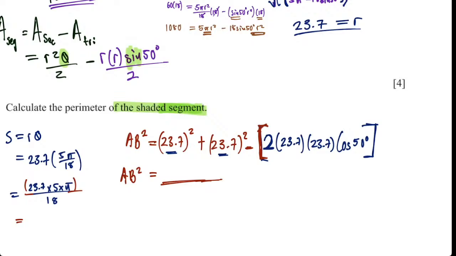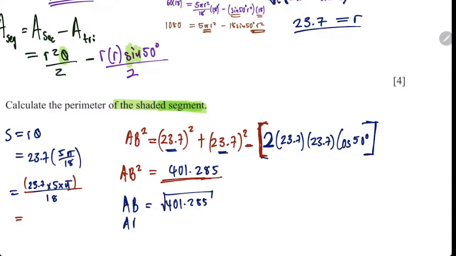For AB squared, you must get 401.285. Then for AB, it is the square root of that, or 401.285. Okay. And you get AB as